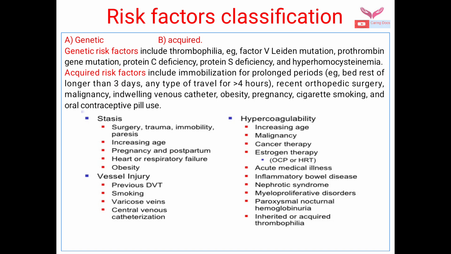Stasis is contributed by surgery, trauma, immobility, paralysis, increased age, pregnancy and postpartum, heart or respiratory failure, obesity. The vessel injury is due to previous DVT, smoking, varicose vein, central venous catheterization, and hypercoagulability is attributed to increasing age, malignancy, cancer therapy, estrogen therapy, acute medical illnesses, inflammatory bowel disease, nephrotic syndrome, myeloproliferative disorder, paroxysmal nocturnal hemoglobinuria, inherited or acquired